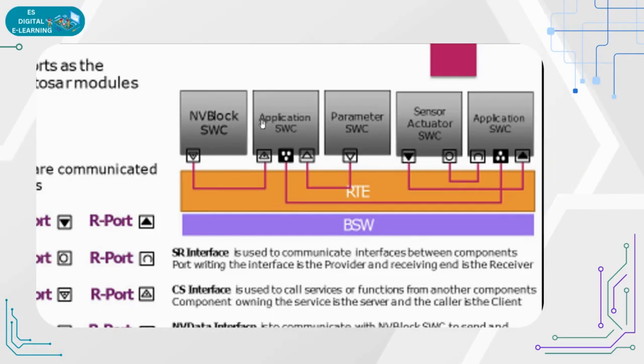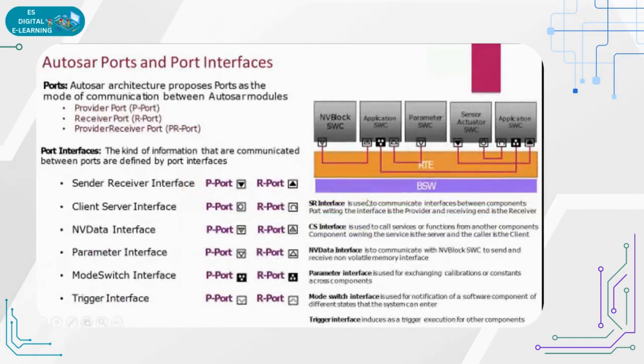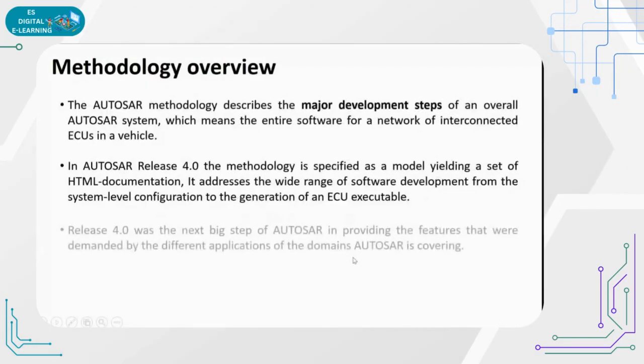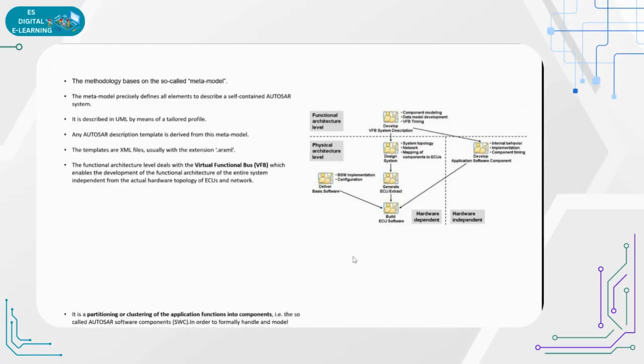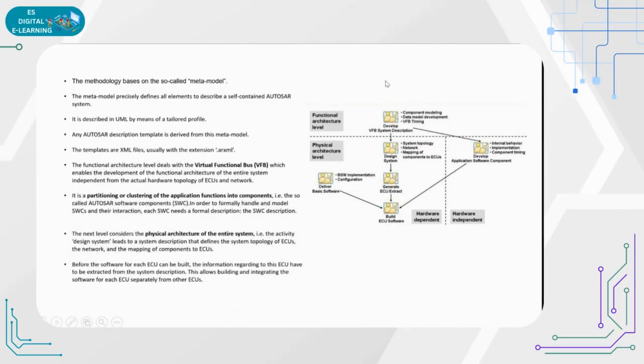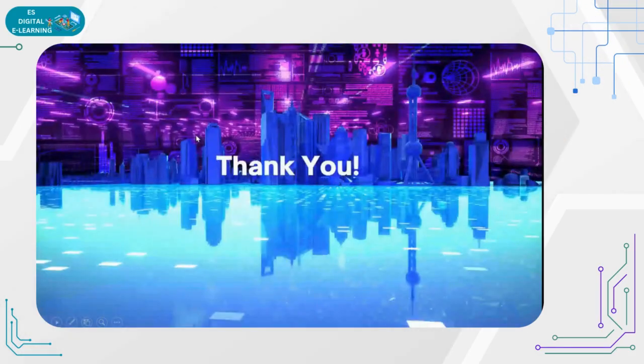So we are not disturbing the complete software. In between, if I don't want to add the parameter and I need to add the signal, you are just changing the parameter to signal, so you can remove and replace it. Plug-in and plug-out becomes easier with the help of this automotive architecture. Is it clear for you all? This is just an understanding of how the AUTOSAR architecture is supporting. So this is the complete process. What exactly you are doing in the methodologies, what is the metadata and what is